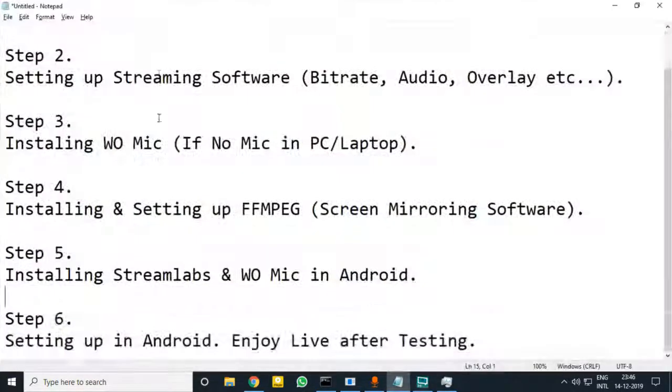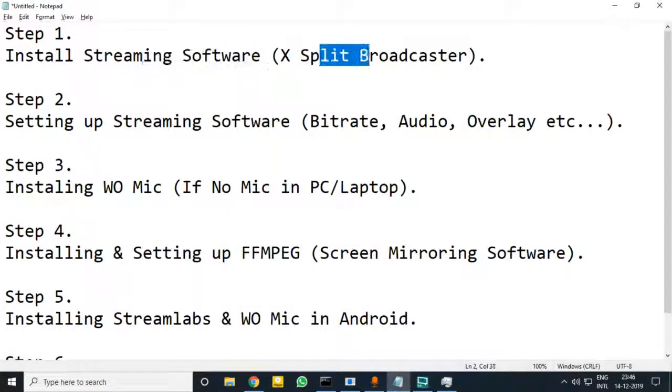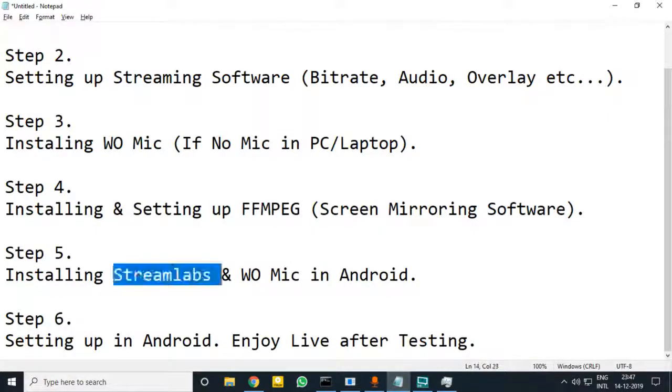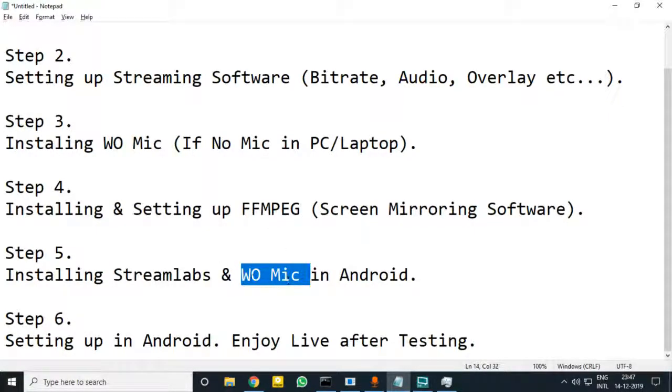last step. So as of now, you guys install the Streamlabs software that is for streaming. You have set it up bitrate 2600, and if you don't have mic, install this WO mic and set up as audio. If you guys need any overlay, set it up. And FFMPEG, you need to copy the file into anywhere location. Go to advanced system option, and you need to copy paste the address of where you have pasted this one file. Then install Streamlabs in Android, WO mic in Android if you don't have any mic in your PC, and